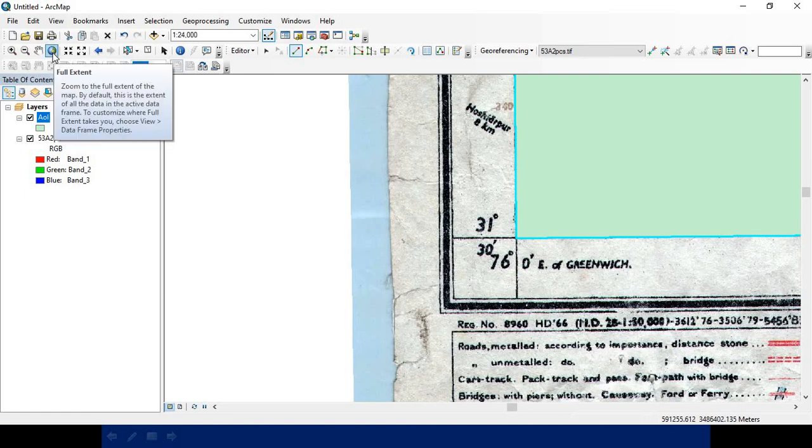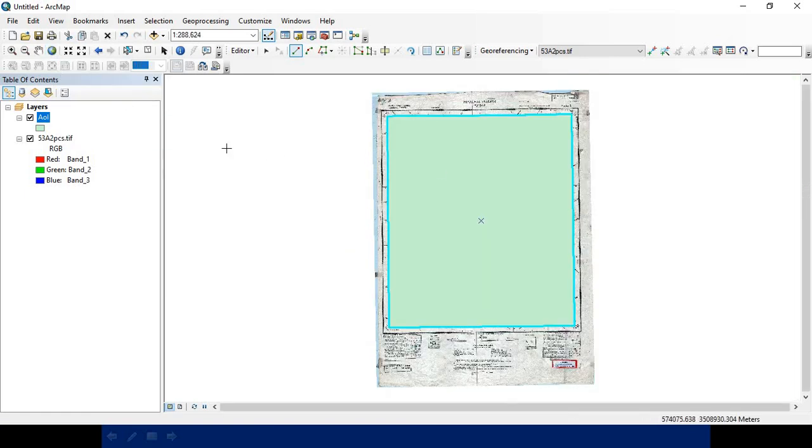So click on the full extent button. Here you want to extract this area and remove the cartographic annotations from the topo sheet. It could be any image. From the larger image you want to extract the area. For example, if you georeference the map of India and from it you want to extract a single state, for example Himachal Pradesh, you first have to digitize the state like this.